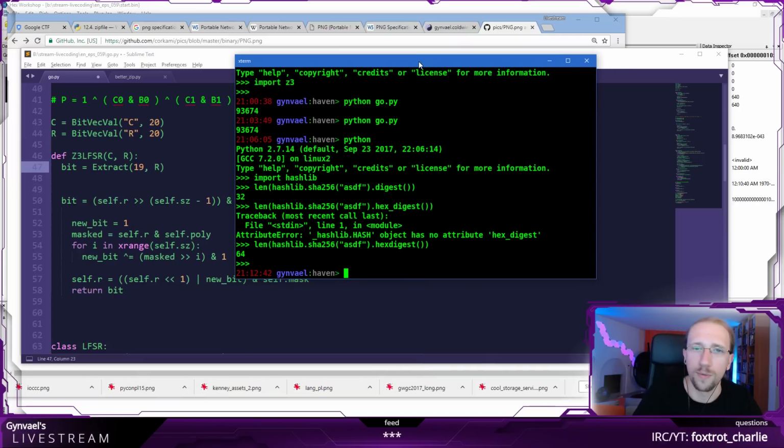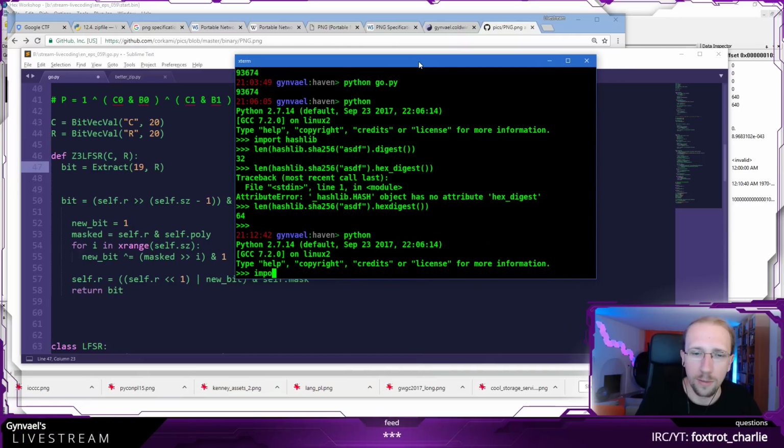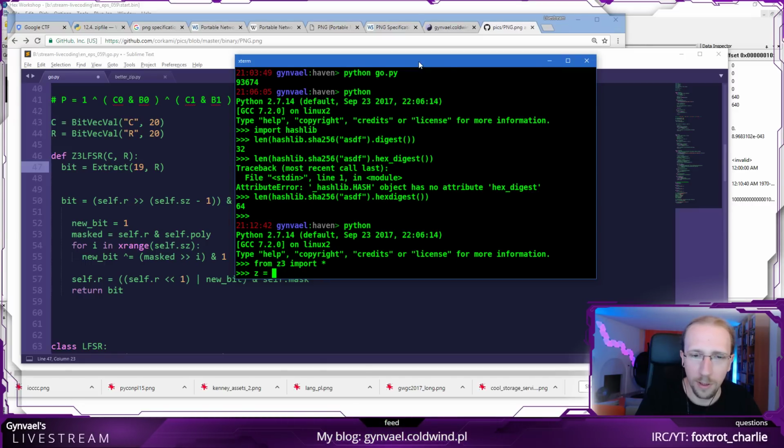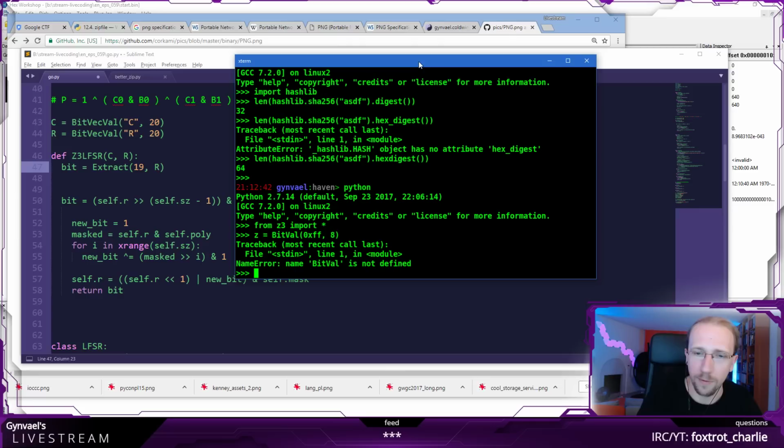I'm going to actually use the console. From Z3 import all. Okay, so I'm going to create myself a BitVecVal, which is, I don't know, ff and size of 8.